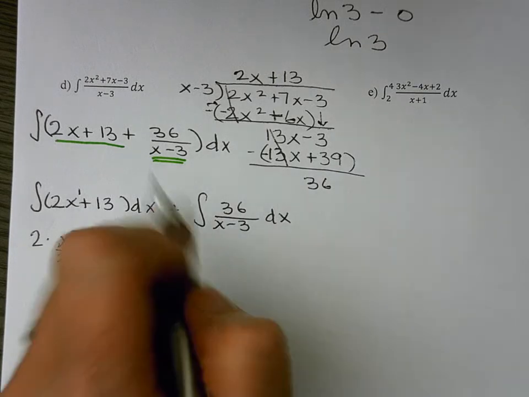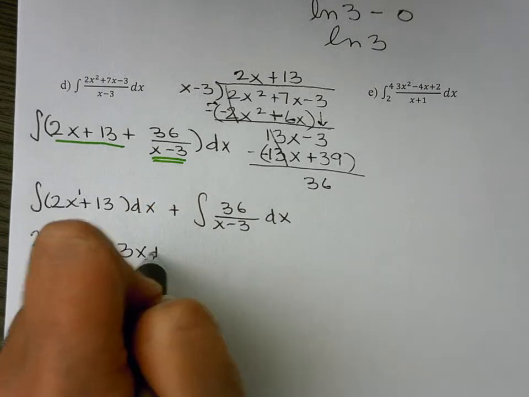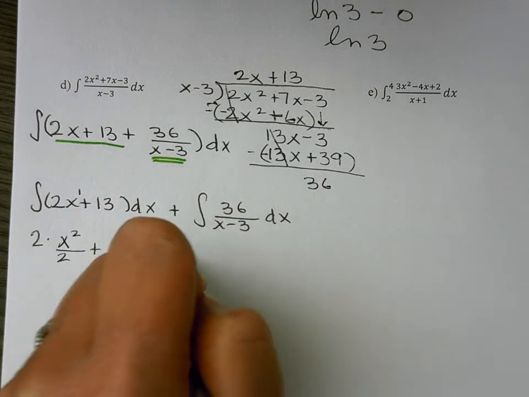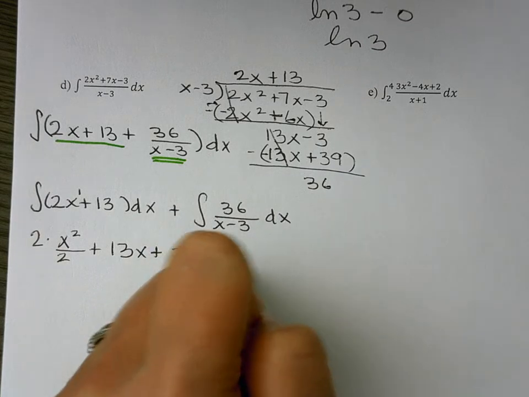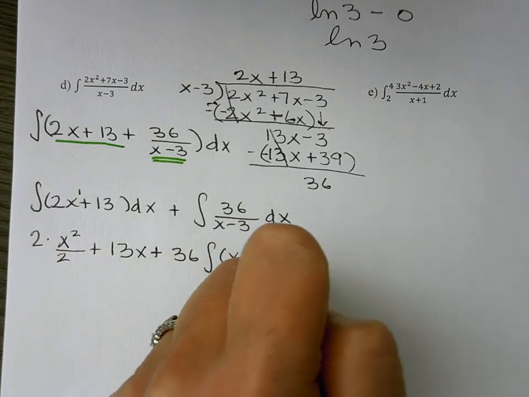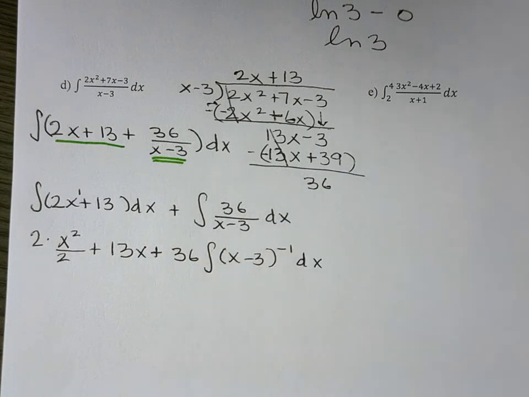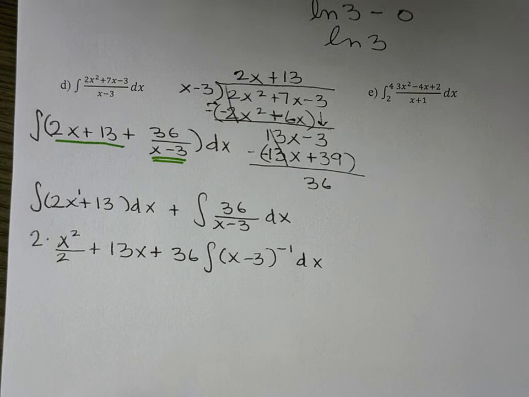I'm going to do a rewrite here so that 36 can go to the front, and then the x minus 3 heads up. Okay. And then if you've been keeping up, great, then press pause and try to finish it out on your own,